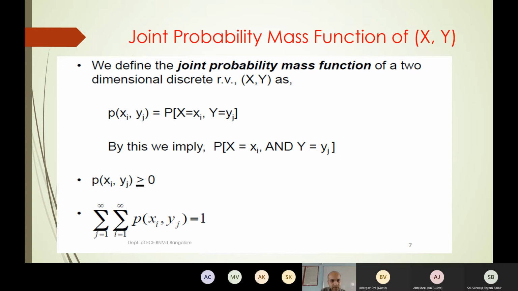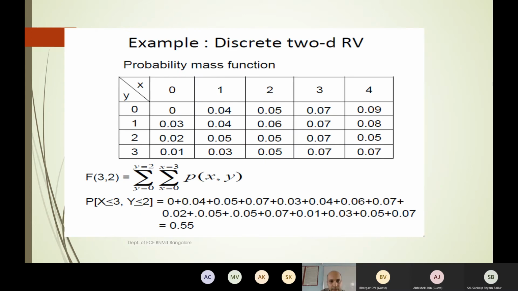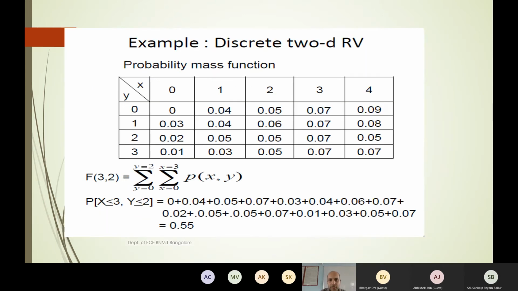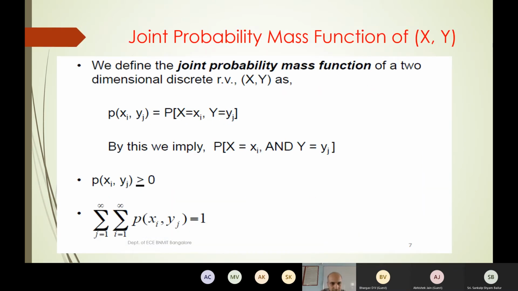And we know that the probability of the joint occurrence, this is just in line with module 1, we are just going to extend it. Joint probability is going to be greater than or equal to 0. As seen in this tabular column, there is no value which is negative. And after having conducted this experiment, if you add up all these numbers, they are going to sum up to be 1. That is neatly documented in this single statement. The summation of all these points is going to be 1.